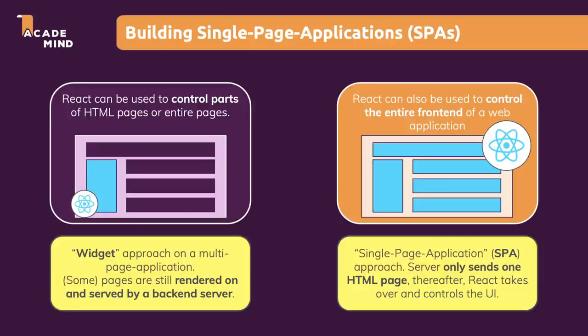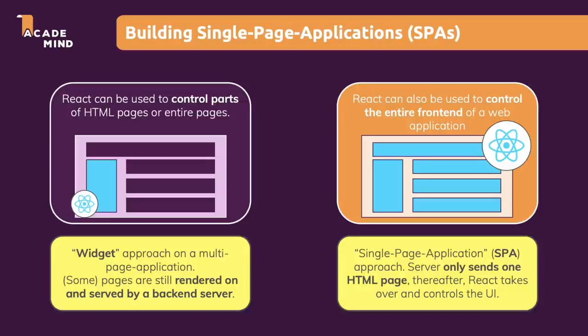And that often leads to a smoother UI and a better user experience, as you see it at the example of Netflix. It's built with React, and there we never request a second HTML page. Hence, it's a single-page application where, after the initial request to the site, React takes over and controls what we